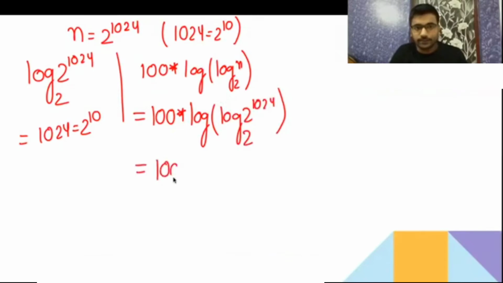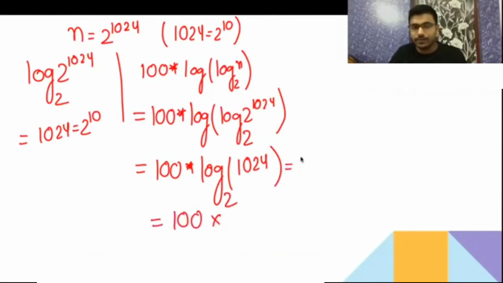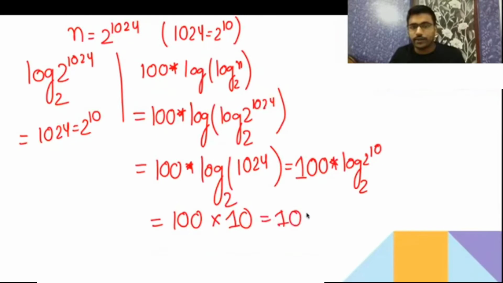Now see, here you are going to get 2 to the power 10, that is 1024. You are going to get 10 only. So 100 into log 2 to the power 10 base 2, so the power 10 will come, and then log 2 base 2 is going to be 1 only, so we are going to get 100. Now see, this one is greater. So if you are taking the bigger value, then this function is showing as the greater, but if you are taking the smaller one, then it was showing this one.